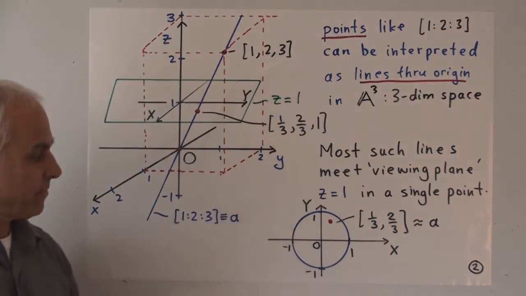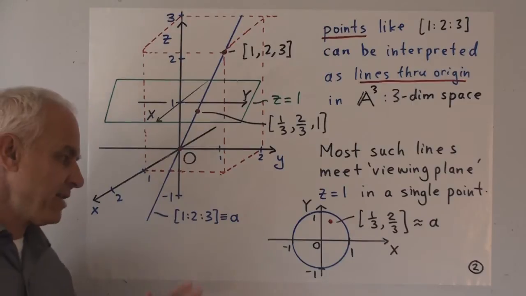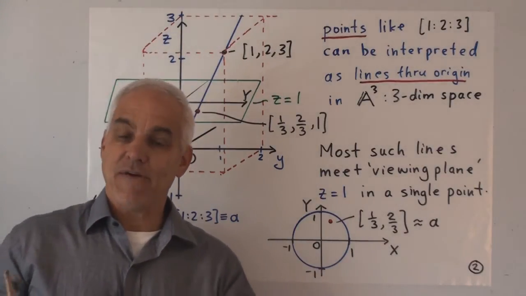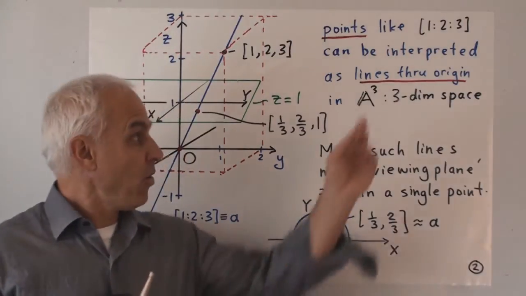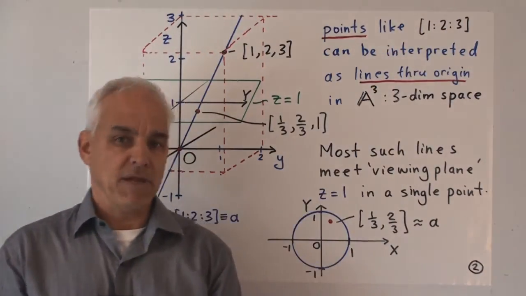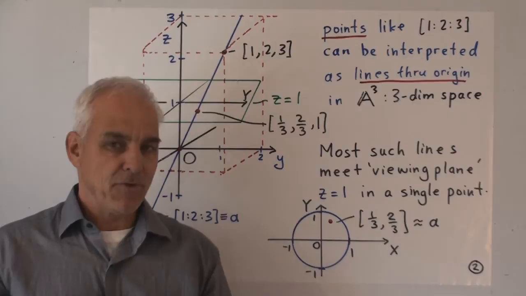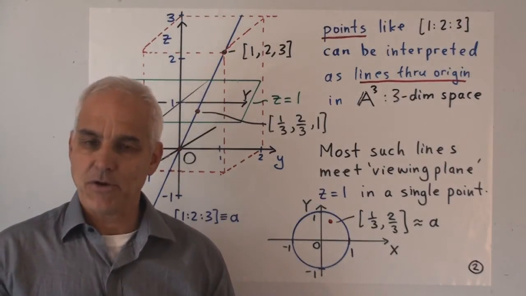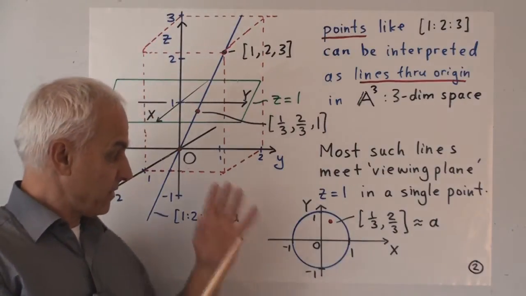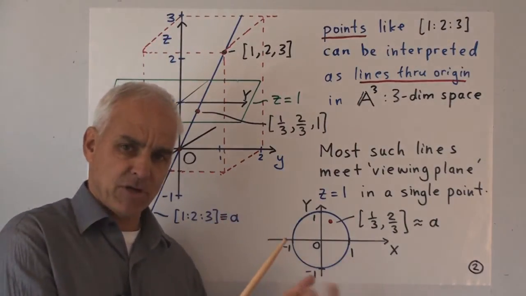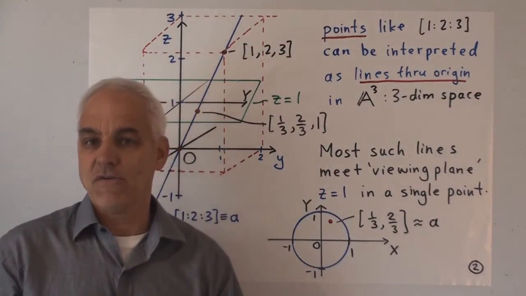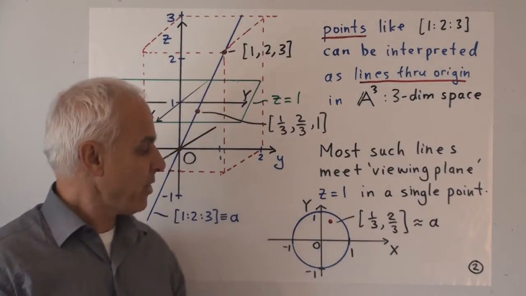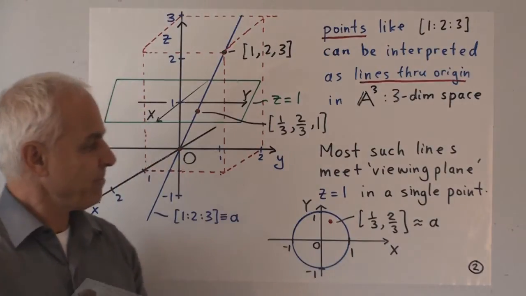But let me say that it's not the only interpretation. It's possible to give other ways of thinking about what this point means. And later on in the course, I will show you some other alternative pictures that are quite interesting and connect the same hyperbolic geometry with a different kind of planar two-dimensional geometry. But for now, we're going to stick with this picture.